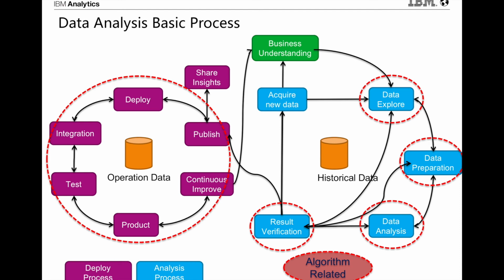The left is the model deployment process. From the publishing of the model, continuous improvement goes through testing and application integration, then it is deployed to the users' business scenario. Then it will generate shared insights, which are used to help users with decision analysis. Algorithms exist almost everywhere in this process.